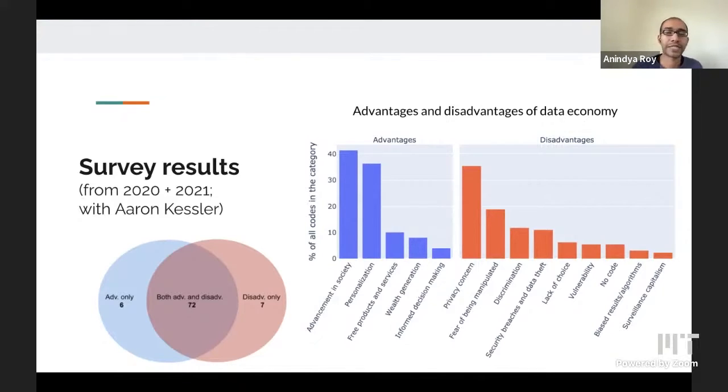There were questions about security breaches and data theft, lack of choice, being vulnerable in general, and no code, we could not assign a code to that. Some responses are just very difficult to code. There were fears about results or algorithms being biased themselves. And also there were some points about surveillance capitalism.